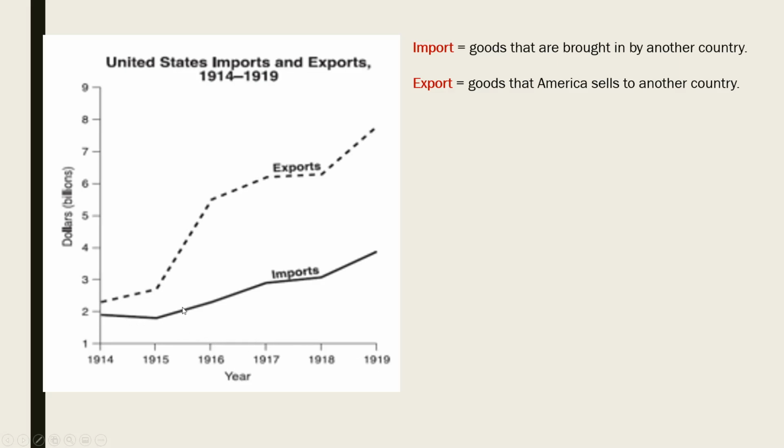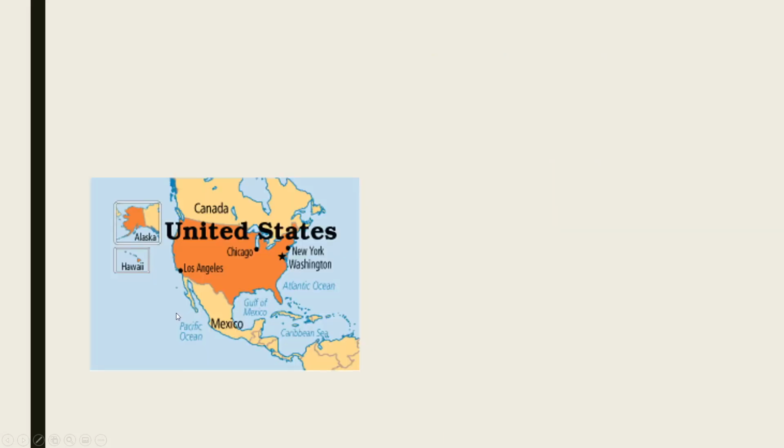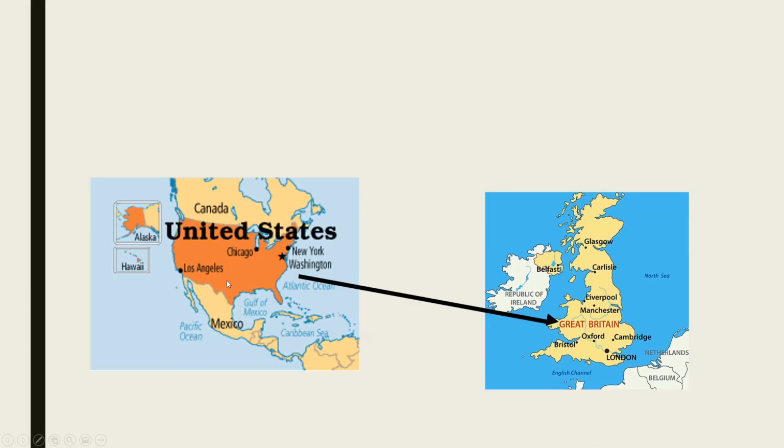The imports also go up, but not as dramatically. So, why do you think they were going up? Well, what do other countries need when they're at war? Well, let's get into it. So, the United States is going to start trading a lot with our allies. As you see, Great Britain right here is our primary ally, but other countries as well, like France, will benefit